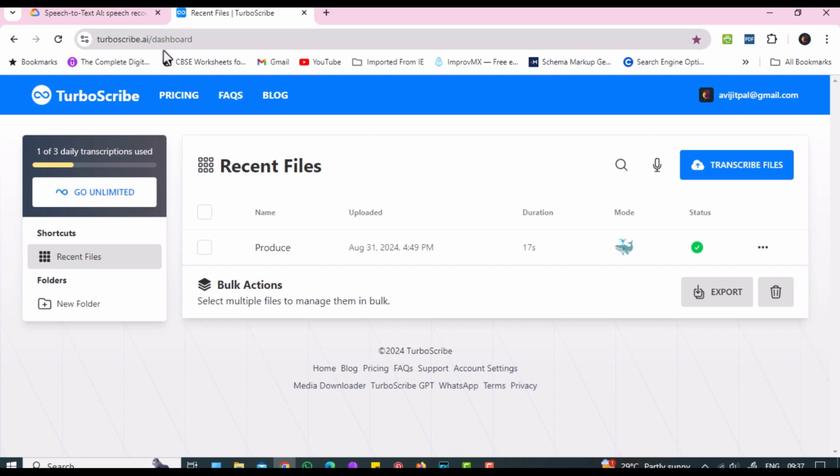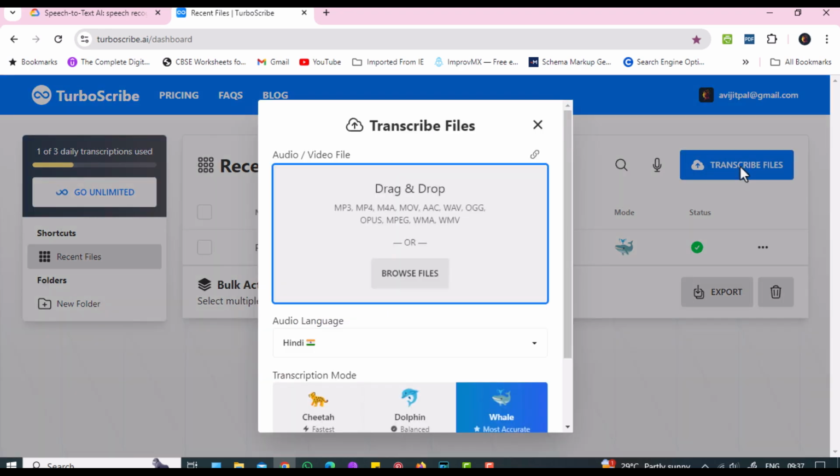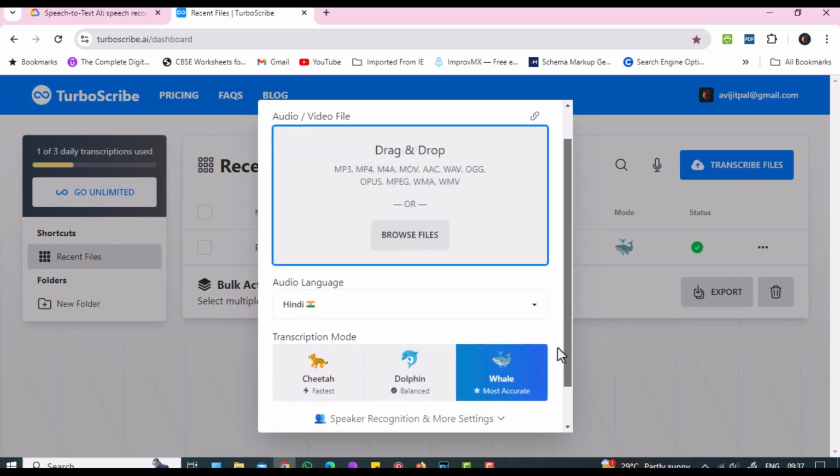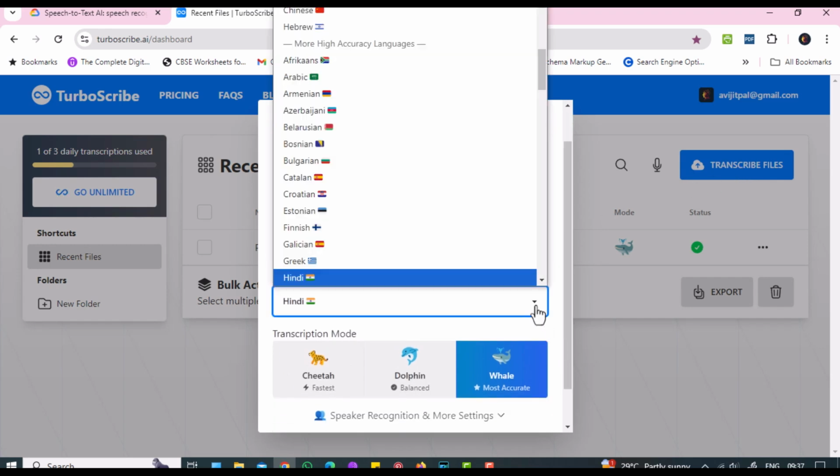Alternatively, you can use TurboScribe, where daily 3 free transcriptions are allowed. Browse the file, set the language to the language of the video, and then click on Transcribe.